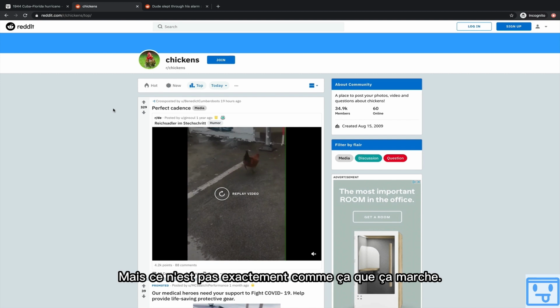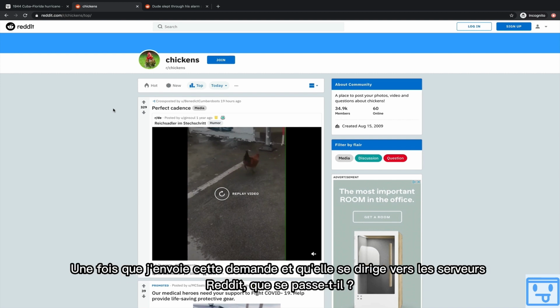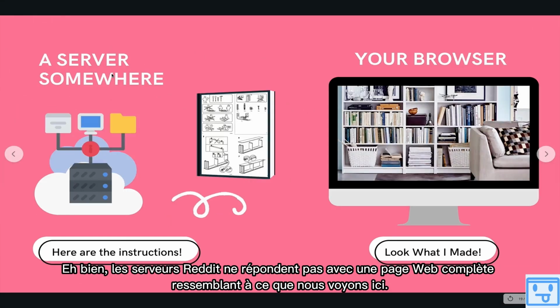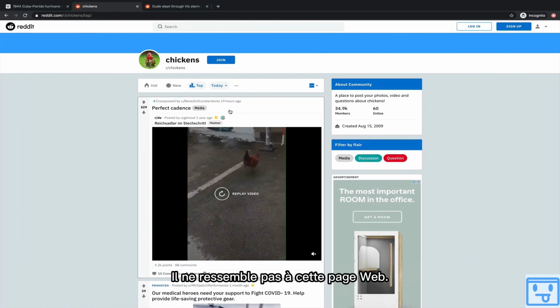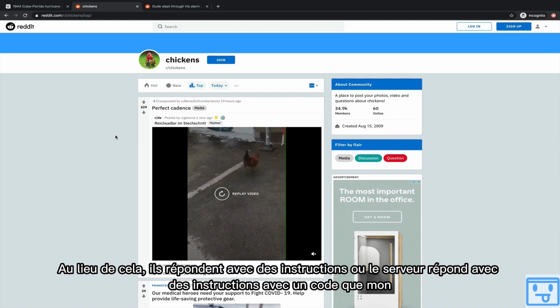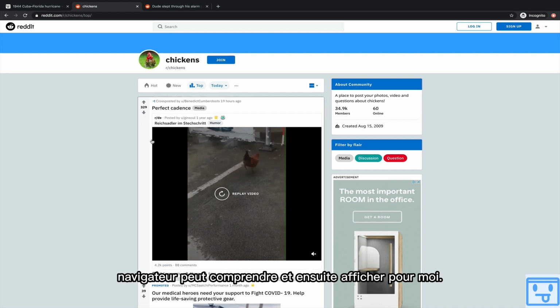But that's not exactly how it works. Once I send that request and it makes its way to Reddit servers, what happens? Well, Reddit servers don't respond with a complete web page looking like what we see right here, right? It doesn't look like this web page immediately. Instead, the server responds with instructions, with code that my browser can understand and then